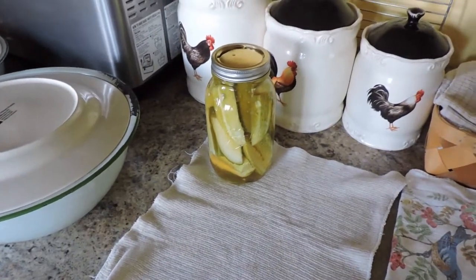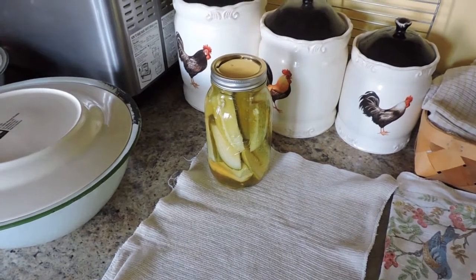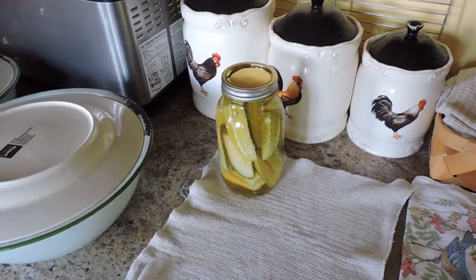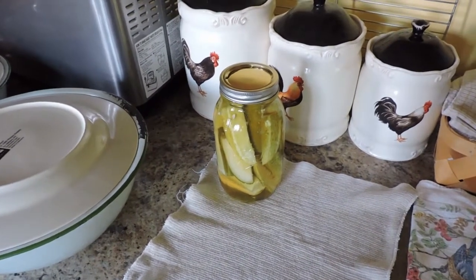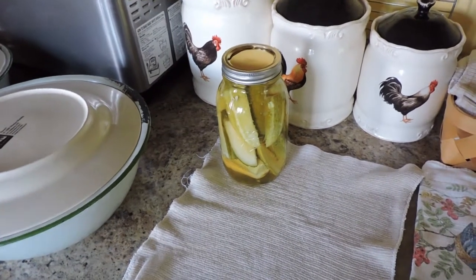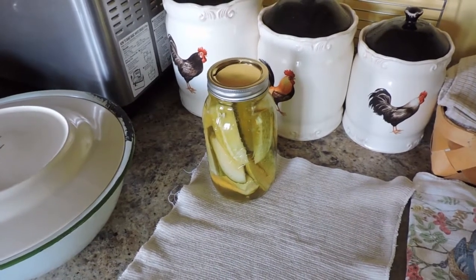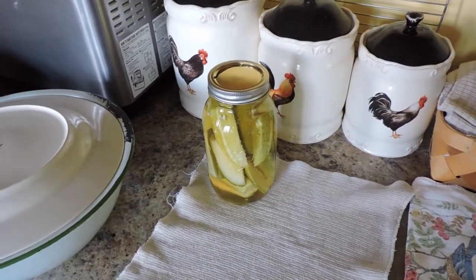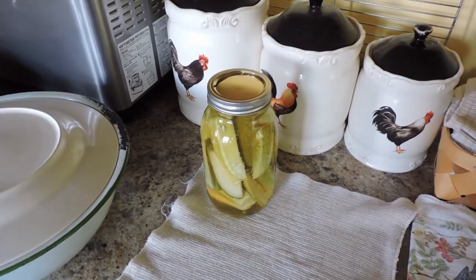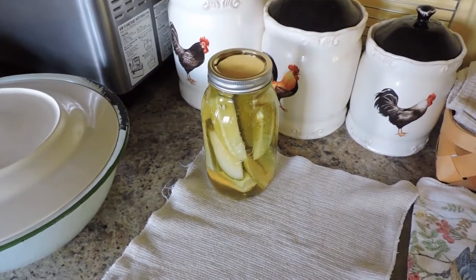Now, as I said, we did skip a couple parts here with the processing. Basically what you didn't see was my wife brought the pickle brine to a certain heat. I don't remember if she has to boil it or not. I don't think so. She added the spice bag to it to flavor it. Then she took the cucumbers, sliced them up, stuffed them into the canning jars. Usually warm the canning jars in a water bath just so that they don't go cold into the processing. Same thing with the lids and the jar rings, just to warm them a bit. And then you pour the brine over the